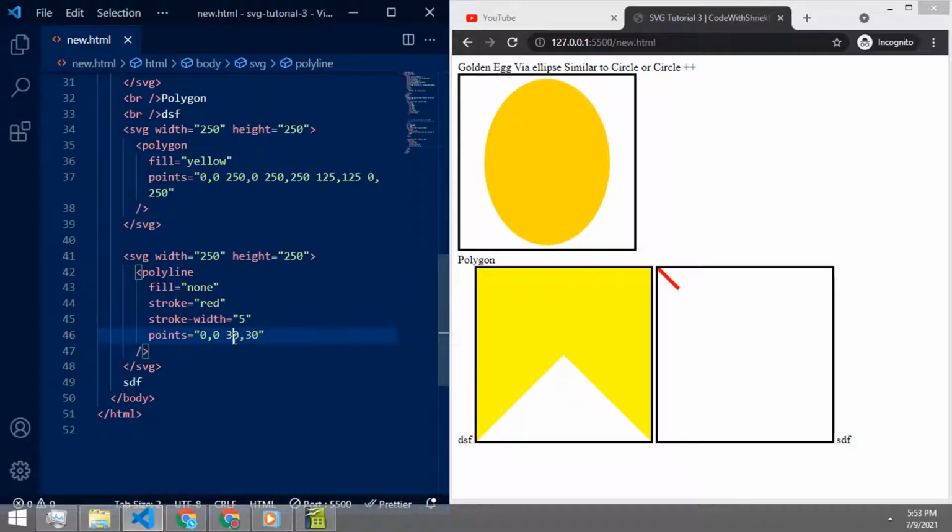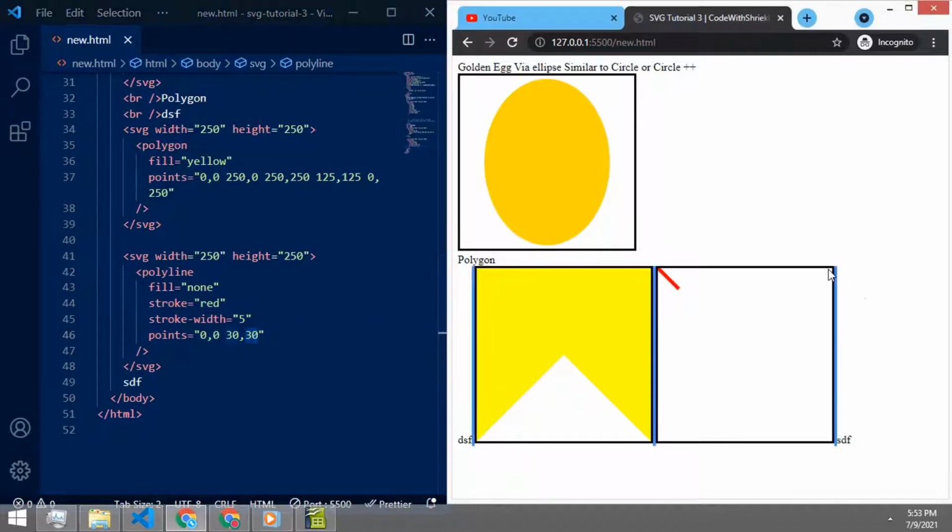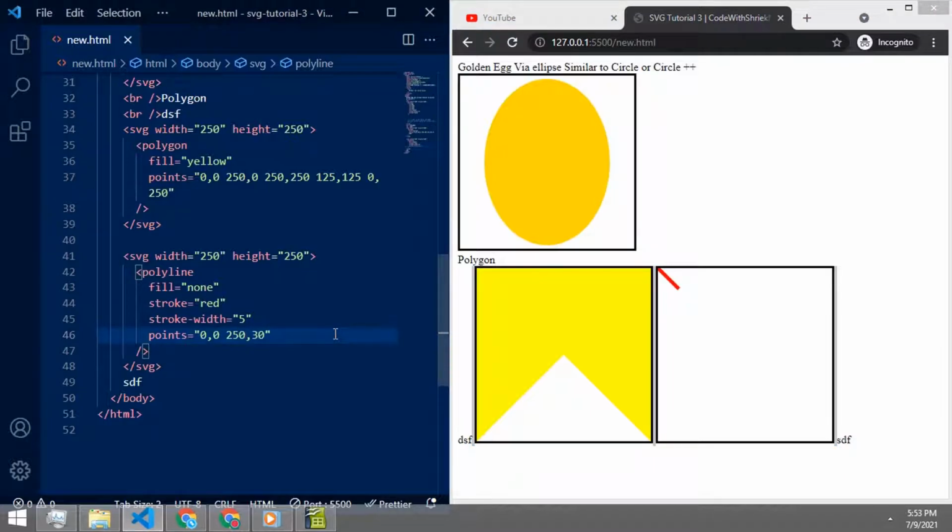Okay, so our second position is 30 30, but we are going to change it to the last of our image. So we have to change the x axis value, which is 250, but it has 30 values. It is also going downwards.